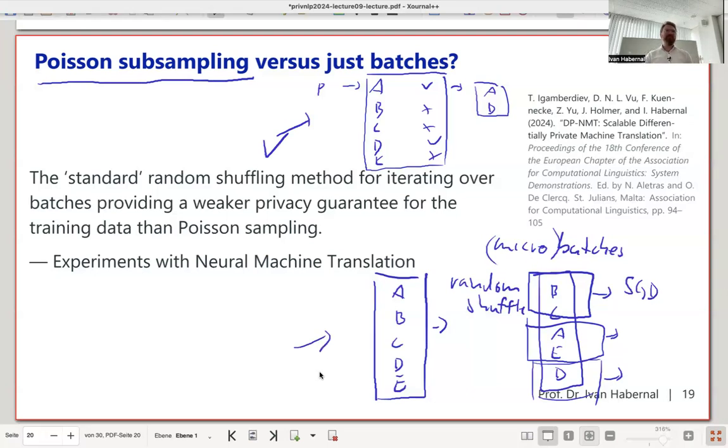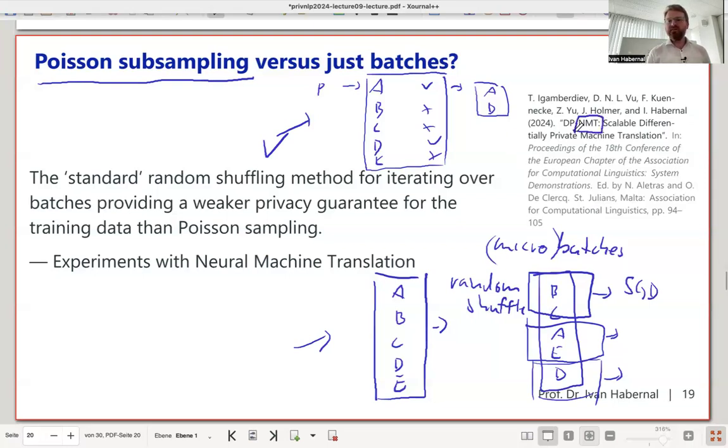everybody's using the shuffled batches with differential privacy on top of that and saying, oh yeah, this is a tiny little detail and we can just ignore it. So Timur with Doan and Felix, Jo, Yannick, and myself, we are actually looking into how important this is. Is there a difference between doing this Poisson sampling, which is really correct, versus what everybody's doing, just batches and calling it a day? Is there any difference? And we took